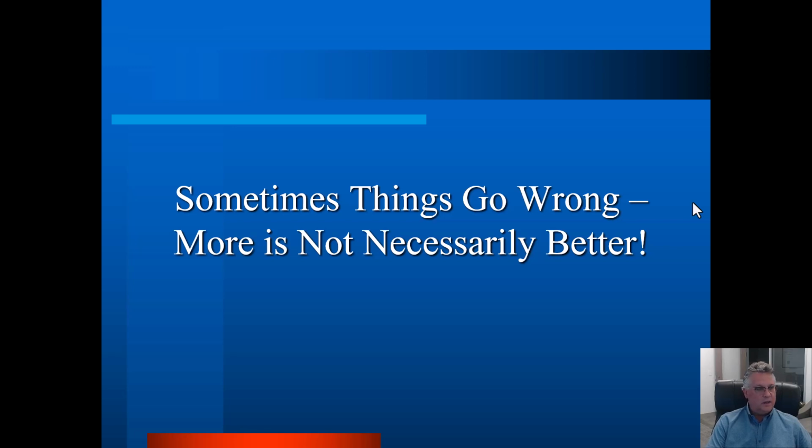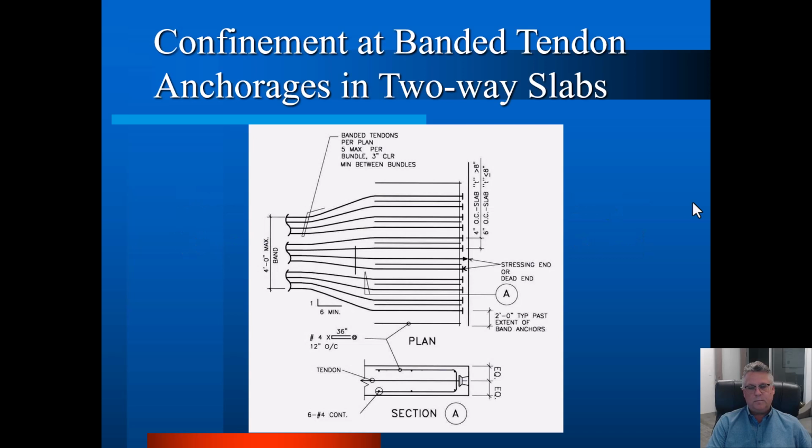Sometimes things go wrong. If we're going to put very large forces into buildings, sometimes it doesn't go right. In that flat plate, where I said we kind of create beams within the slab, we bunch up the tendons really close to each other. That creates a situation at the end where there's a tremendous amount of force coming in. Remember, these are stressed to about 28,000 pounds each, and it would not be unusual to have 25 or 30 tendons at one location. So we can easily be north of 700,000 pounds of force being placed over a relatively small distance on the edge of a thin slab.